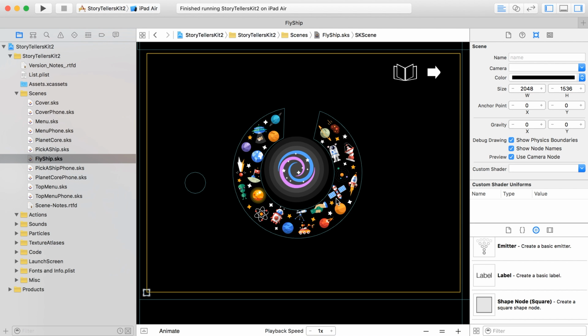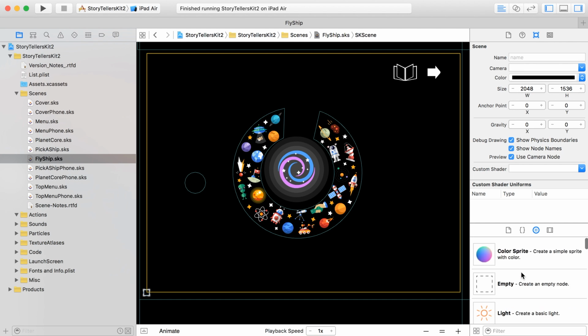All right, so let's continue with our flying a ship scene, and let's add something that the ship can actually collide with. There's a couple ways that you can detect if two objects are intersecting. One would be using event listeners, which we're not going to get into in this video, but just so you know, that's another one. What we're going to do is actually use the physics bodies to detect whether or not two of them are colliding with each other, because hey, we've already got a physics body set up